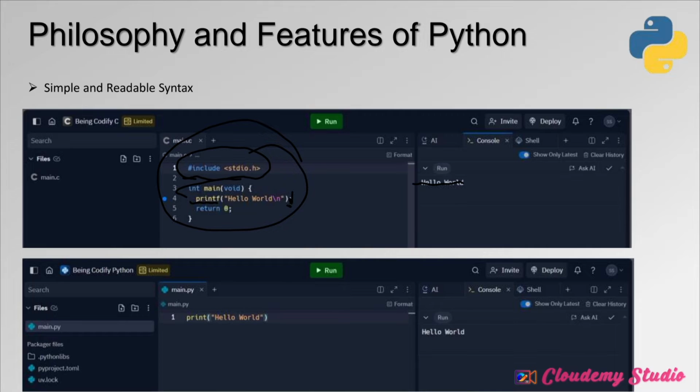Now below you see the Python code. There is only a single line statement, print hello world, and we will get hello world printed. A fun fact is that in the NCERT syllabus of the computer subject, they have included Python from the 7th or 8th standard. I think it is from the 7th standard. This simple hello world example gives the full justification why Python can be taught in secondary level school. Students will get a very good understanding of how we can write simple programs.